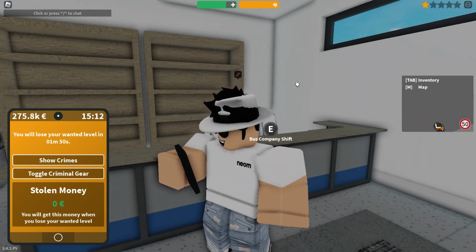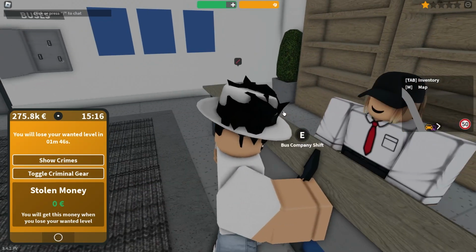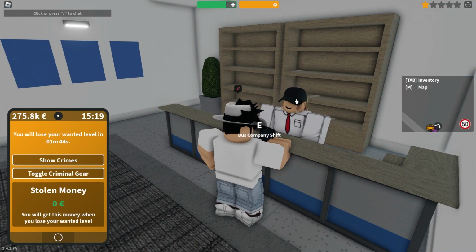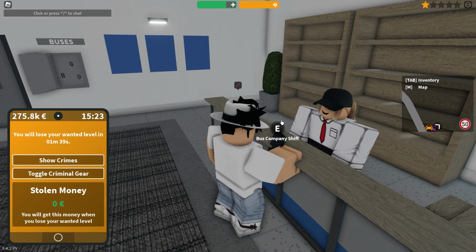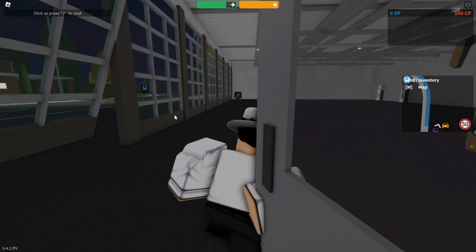So I think this suggestion is literally just going to be me putting the text onto the bus, seeing how it looks. I might make a menu for it. I just don't know. I don't think they'd do that if they were to actually add it, you know what I mean? So I'm just thinking, should I do it? Should I not? I probably will. All right, everybody, I can finally spawn in my omnibus.